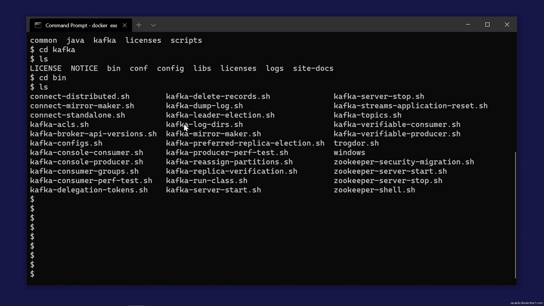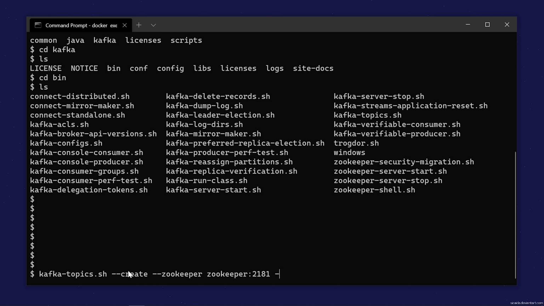We'll create topics and list down the topics for this Kafka. So let's create a topic. We'll run the command kafka-topics.sh. You can see that this is the kafka-topics.sh file. We'll use that and then use the --create tag. After this we need to define Zookeeper as well, so the --zookeeper tag, and we need to give the Zookeeper connection. Zookeeper is defined in the zookeeper service, and the port is 2181.